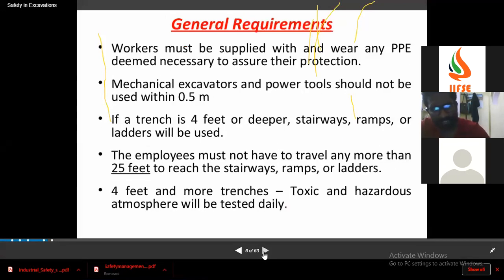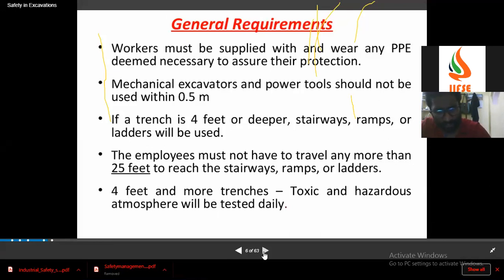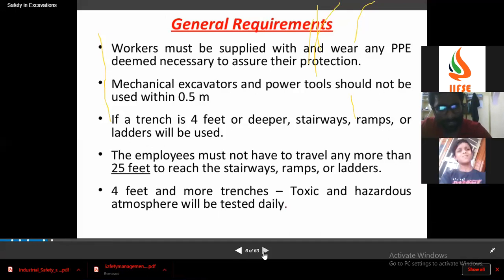See, this comes under PPE should be worn. Employees should not travel more than 25 feet to reach the stairways. Okay, these are the basic things. For trenches of 4 feet and more, toxic and hazardous atmosphere will be tested daily. Mechanical excavators and power tools should not be used within